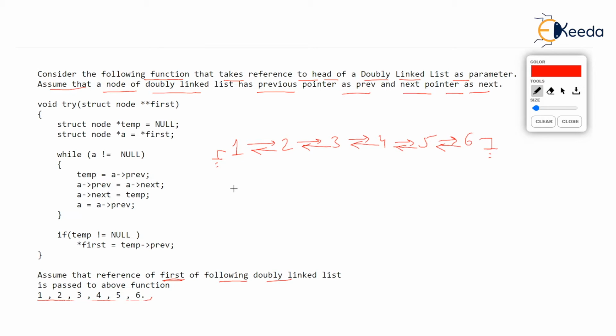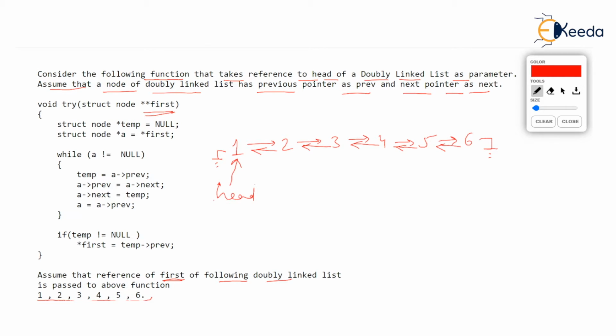You know that structure of a doubly linked list, isn't it? And what they are saying is there is a pointer called first passed, which points to the head of the list. For some time, you can ignore this pointer to pointer. Actually, there is a pointer called head, which points to the head of the linked list.